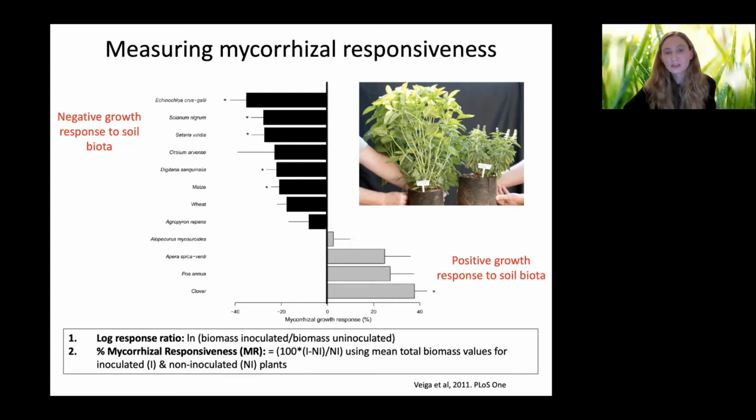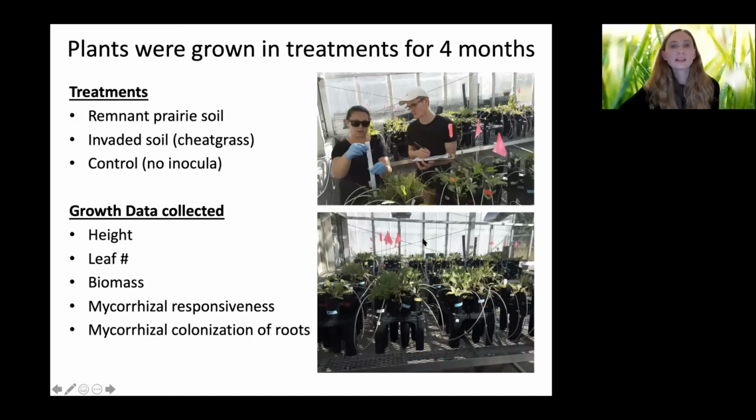So one potential thing that we might be able to do is if we can identify plants that really benefit from the mycorrhizal inoculation, we could inoculate those ahead of time to improve the chance of those surviving and growing. And then also by restoring the mycorrhizal communities in the soil, we may be able to inhibit some of these invasive species.